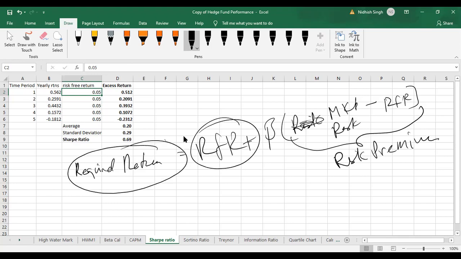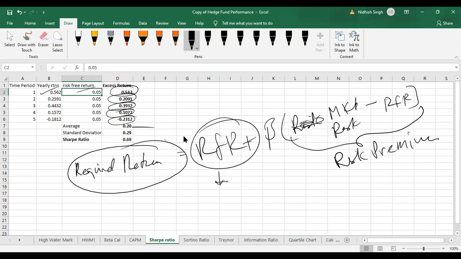And the meaning of RFR, as you can see, is the risk-free rate, something that you expect from the government or the post office return. So a return which is absolutely risk-free. Every hedge fund has to exceed that, right? That is the expectation. They have to exceed the risk-free rate. So there we'll have yearly returns minus the risk-free rate, so we have the excess return for every year. Correct. We can take the average of all the excess return,